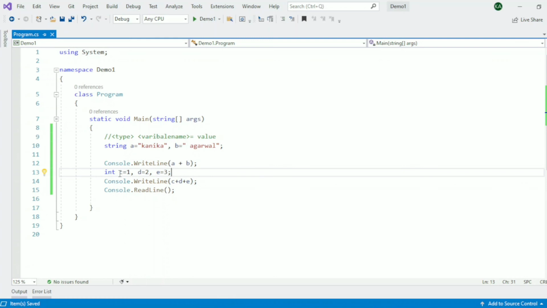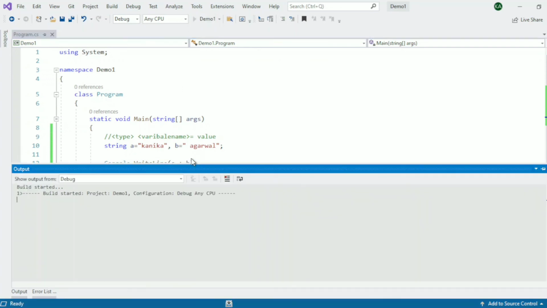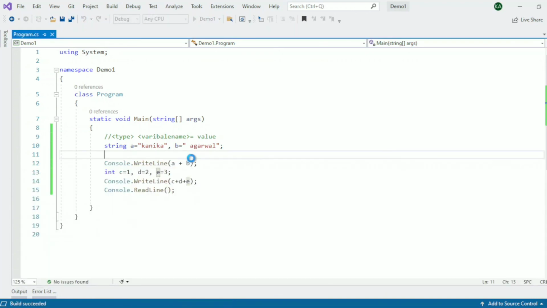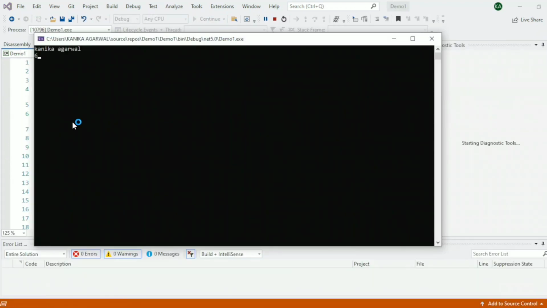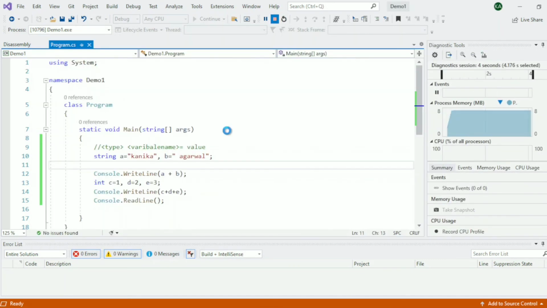It will print the sum of C, D and E because we have integer values here. You can see it has shown us the sum of these values.